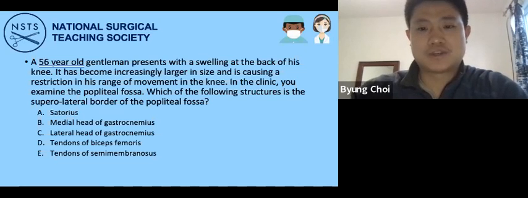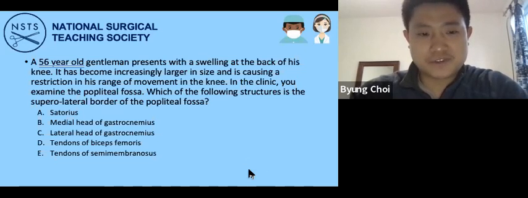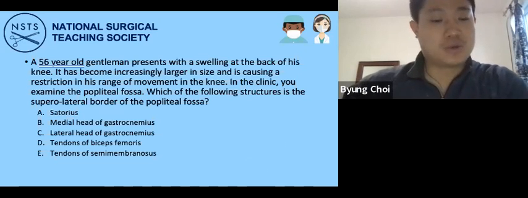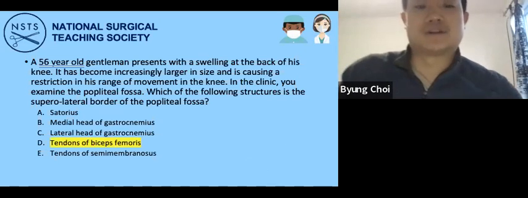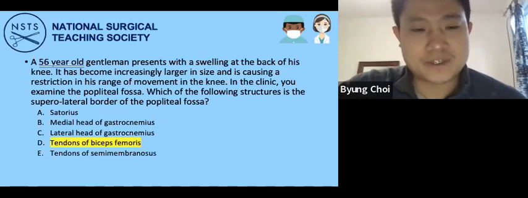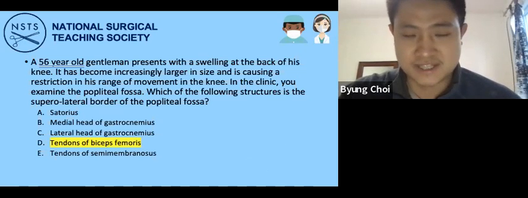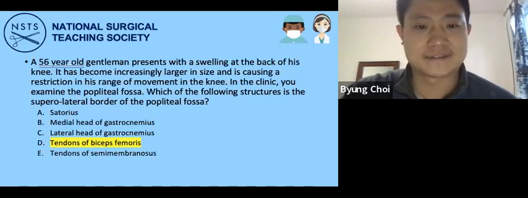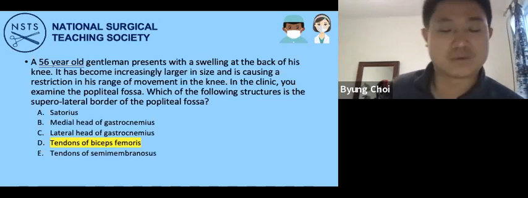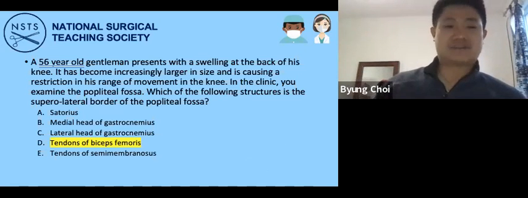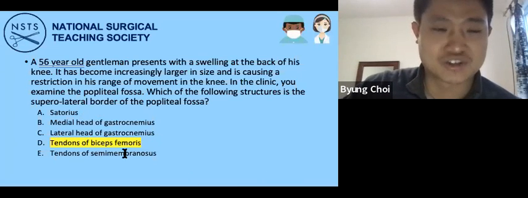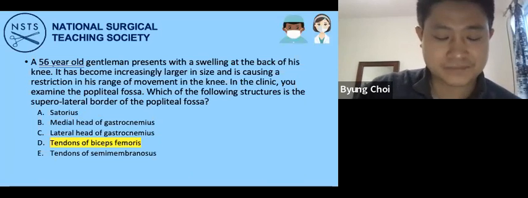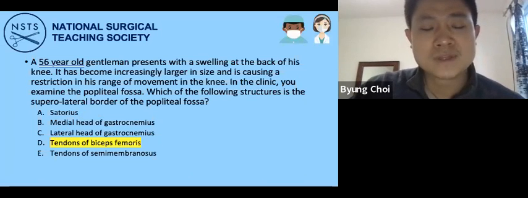Great, thank you. So the majority of you put tendons of biceps femoris, D, which is the correct answer. Okay. So well done. So for this question, it's clearly not going to be either of the gastrocnemius muscles because they're in the calf, the lower leg, and so that's going to be one of the inferior medial or lateral aspects of the border. And it's easy because it tells you the anatomical name is the medial head or the lateral head. Okay. Now,